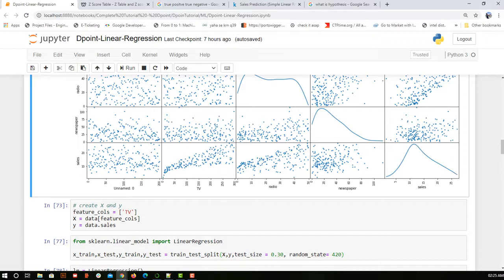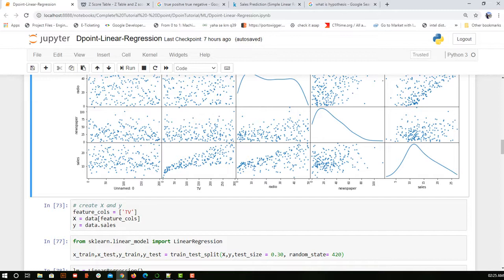And similarly, sales versus radio, again I can see the dispersion or variation is more, but again there is some possibility of relation, but not a positive correlation. Sales versus TV will be more correlated, but compared to that, radio will be less correlated. Now seeing the relation between sales and newspaper, it is highly dispersed, and I don't see any proper relation in this. But yeah, this kind of interpretation we can do when seeing the graphs.